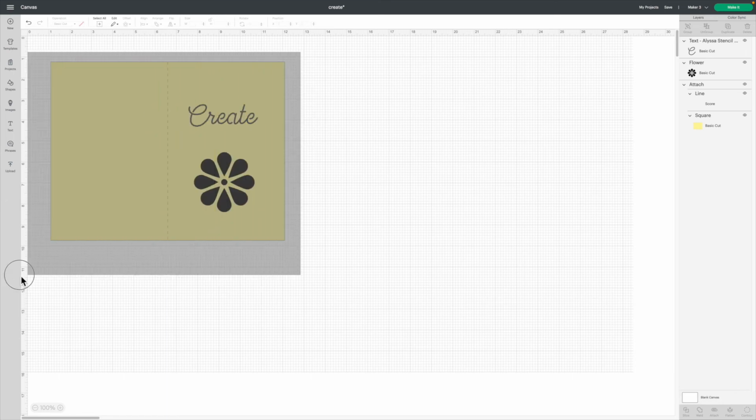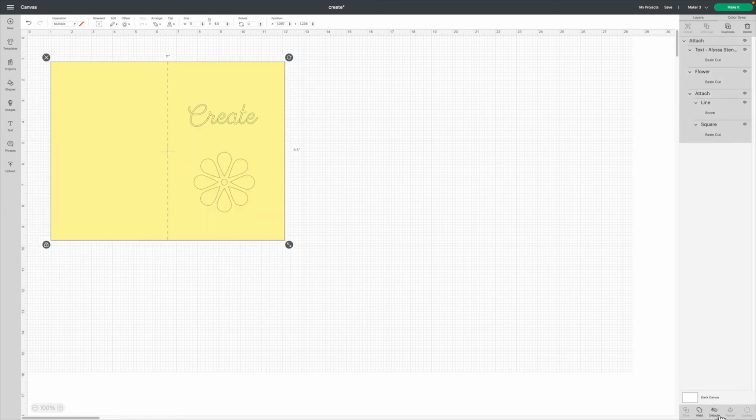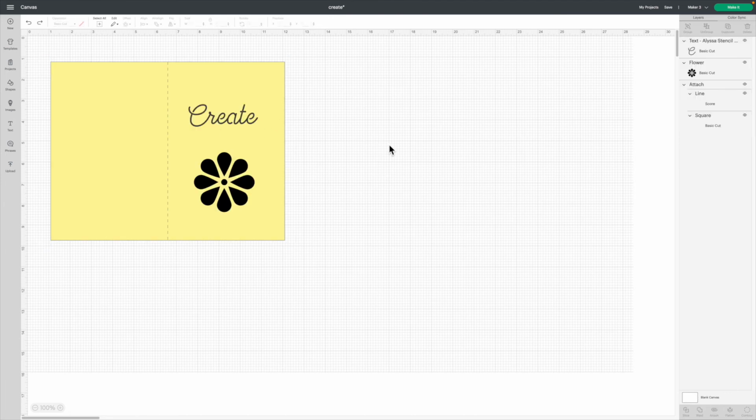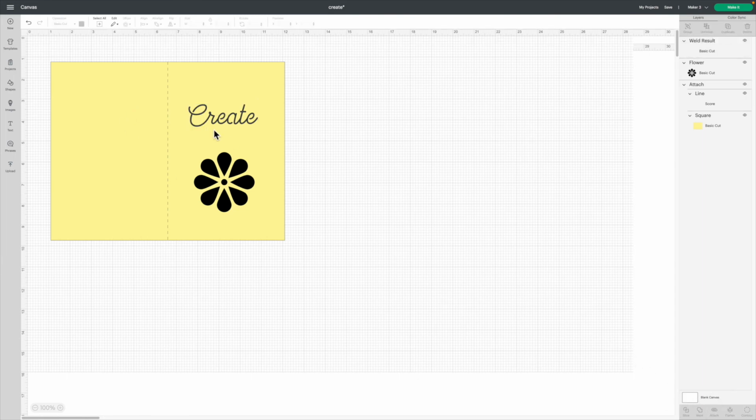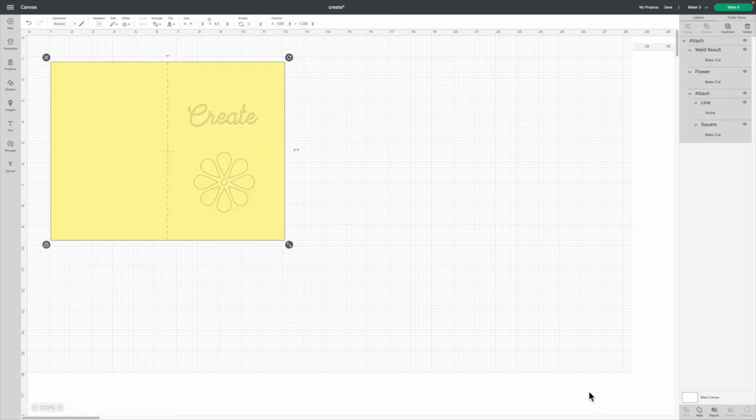Let's get our image ready to cut on the Cricut. I'm going to select the card and attach it so that everything will be printed on the same mat. Oh, look, there's some lines I have in Create I might be able to fix. Let me fix that real quick. So I'm going to take the Create and weld it, which means now when I select everything and attach it, look at the difference inside the letters. They're now all smoothly attached without any extra little lines that would waste our cutting time.